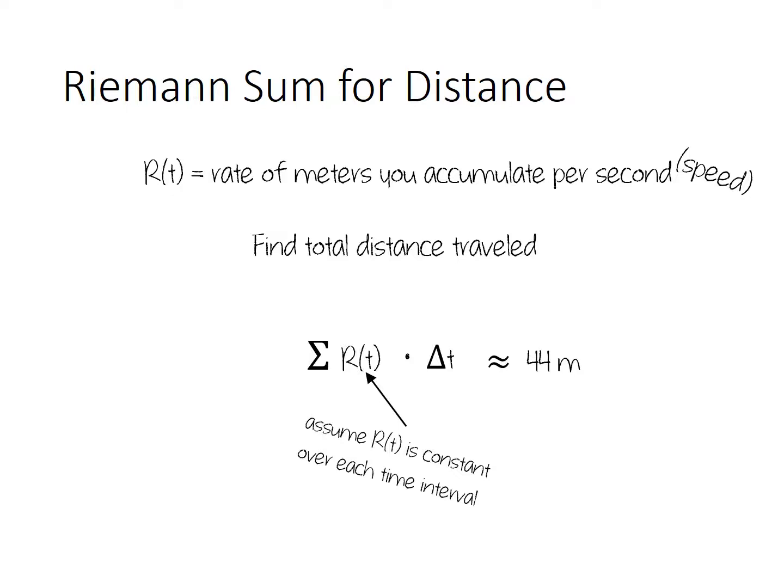So this was specifically for speed and distance, but generally, you can use Riemann sums whenever you're trying to find the total amount of something that will accumulate. In the previous examples, we were accumulating dust and distance. To find the total amount of dust or distance that you would accumulate, you start with a rate of accumulation. So here, r of x tells you how quickly something is accumulating for each value of x. And then you